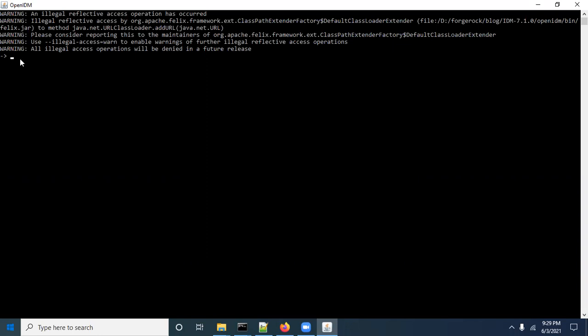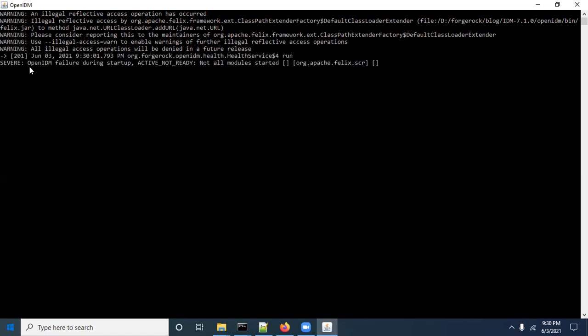It means that the OpenIDM installation is completed. Sometimes you may get an error like OpenIDM failure, startup active, not ready, not all modules started, but it started, only not all modules have started. Okay, but it's not a problem. We can verify those things. But here you can see right now OpenIDM is ready.